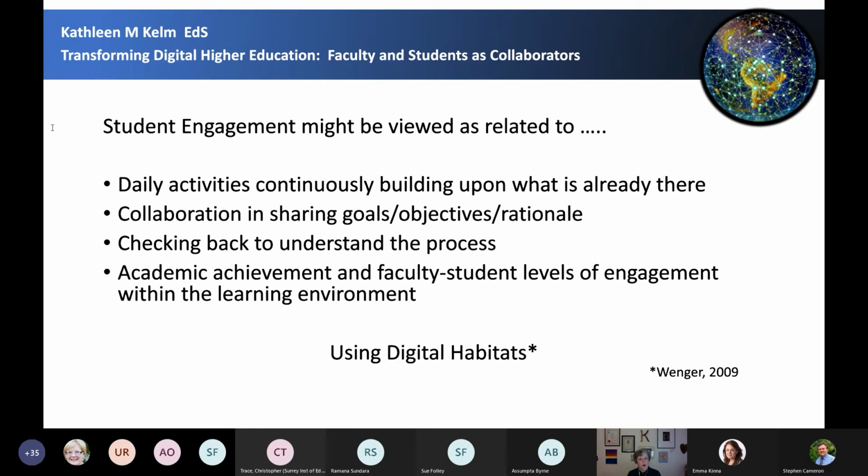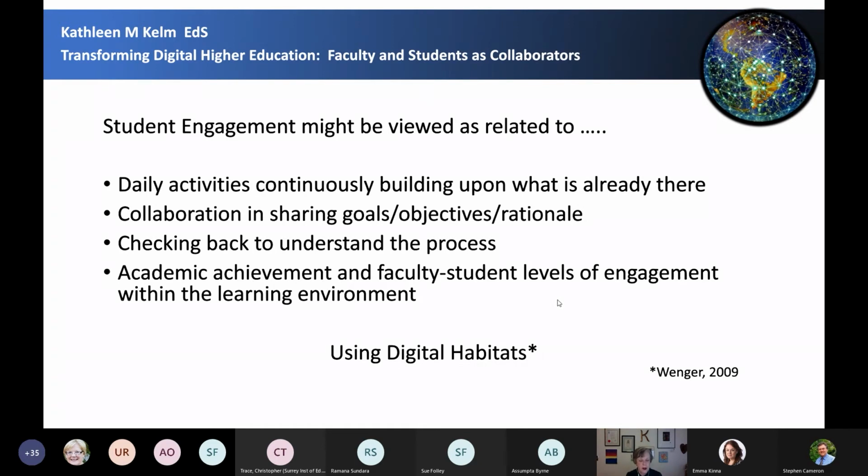Okay. So in the asynchronous world, let me step back for a second. In the asynchronous world, we talk a great deal about the notion of presence. For all the years that I've been working with online tutors, we've talked a lot about how important it is for faculty to create a digital presence. So what is it? When a student connects to the asynchronous world, that faculty person has created a presence. And what does that mean for that faculty person? What is it about themselves that they want to make sure they convey to the students who are engaged in an asynchronous environment?